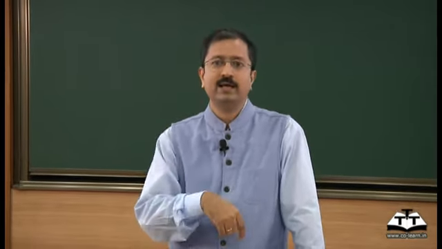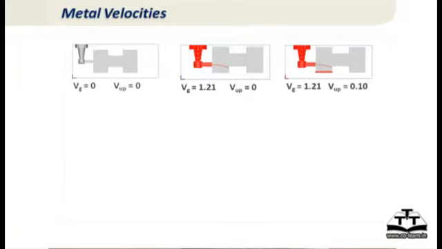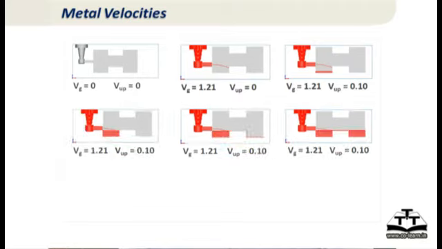Now if you take a real life casting like this, well, it's not real life, it's a simplified real life casting, let's say an H kind of shape. If you see the metal stream coming into the mold cavity, first it hits the left side of the H leg, then once it fills up the left leg, it flows over the horizontal portion, the middle leg of the H, and then flows on the other side. Now if you track the vertical velocity, initially the vertical up velocity is 0 before the metal stream starts. As the metal stream is still falling into the mold cavity, still there is no vertical velocity. Once the metal starts rising in the mold cavity, you see some number here, let's say it is 0.1 meter